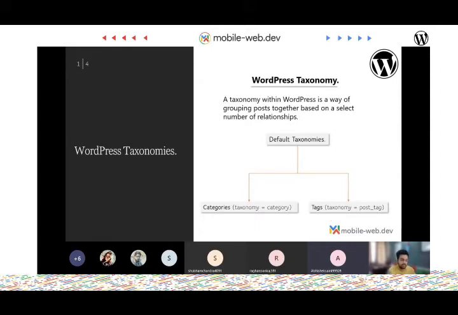The other form of taxonomy is tags. You already know tags. Tags are much more beneficial for search purposes and for users to find your information based on the keywords that you have used inside it. By default, these are the only two taxonomies that WordPress offers, but you can create your own new taxonomy. For example, if you are hosting different types of content and want to categorize each content on the basis of those types, you can use WordPress taxonomies to do that.